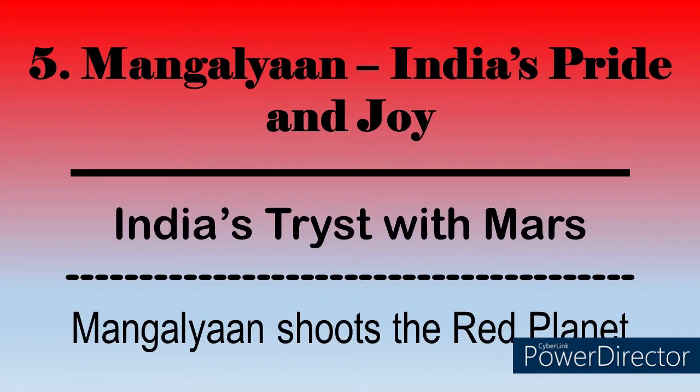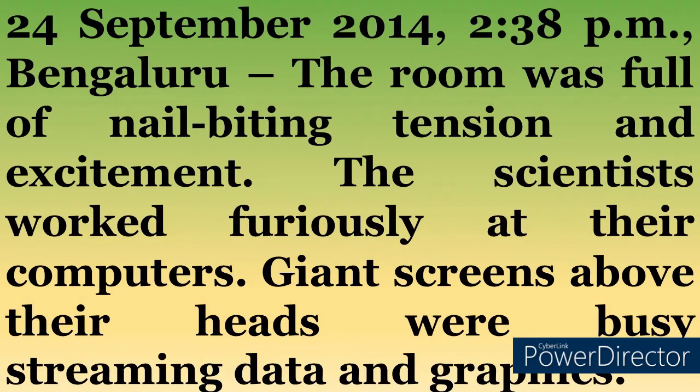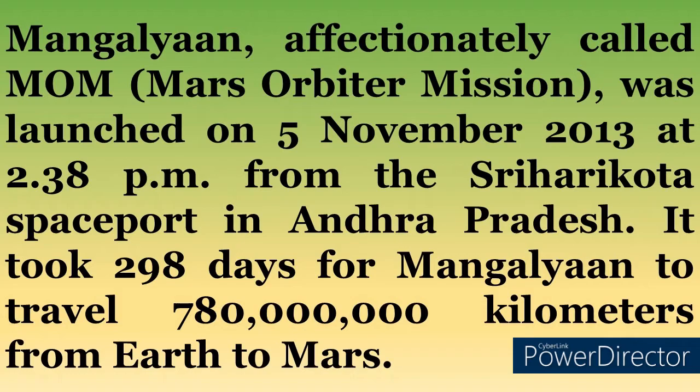India's tryst with Mars. Mangalyaan shoots a red planet. 24th September 2014, 2:38 p.m. Bengaluru. The room was full of nail-biting tension and excitement. The scientists worked furiously at their computers. Giant screens above their heads were busy streaming data and graphics. Mangalyaan,